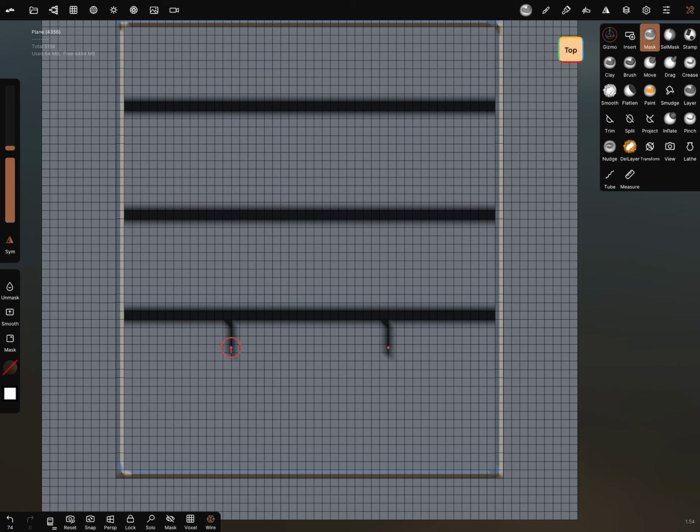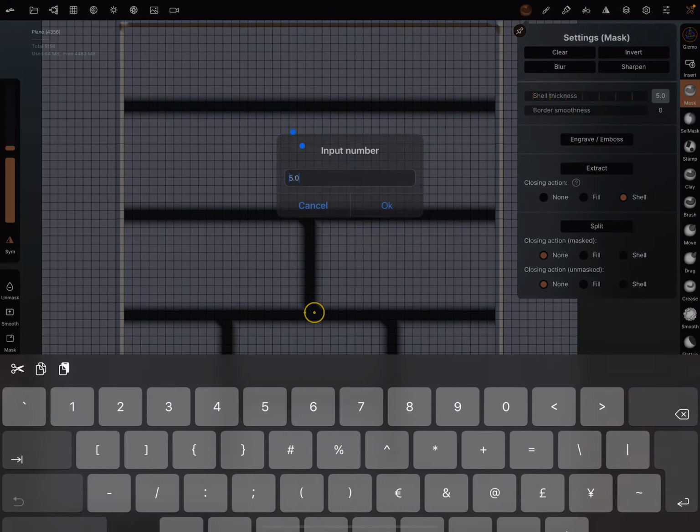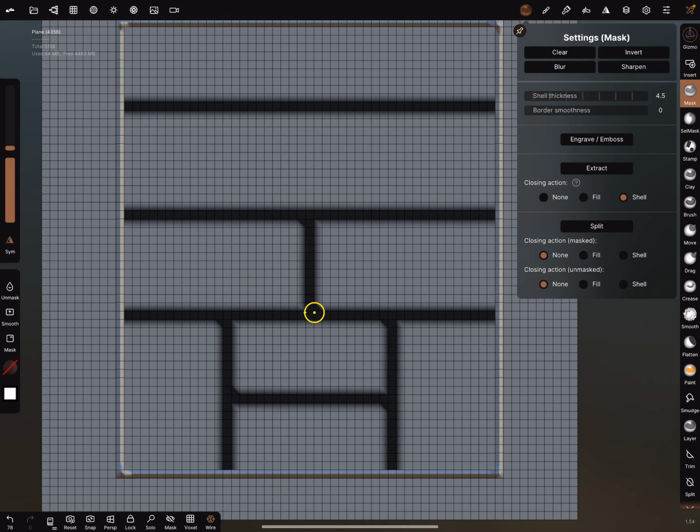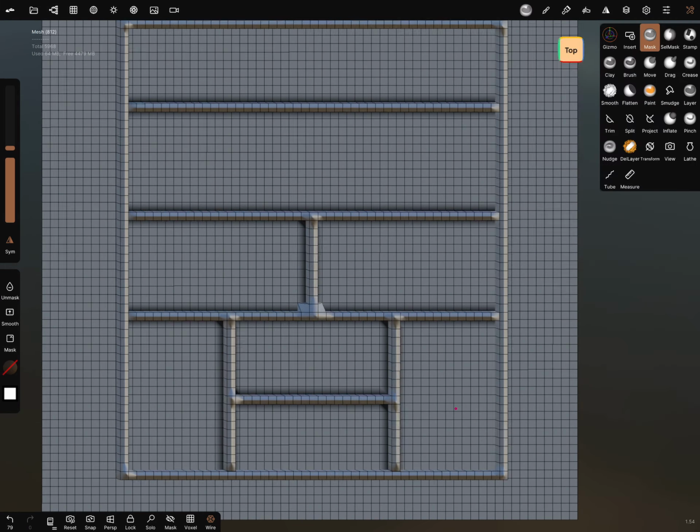And I divide it here. Okay, and I extract it with a little bit other number, 4.5 for example, and extract it and have a look.